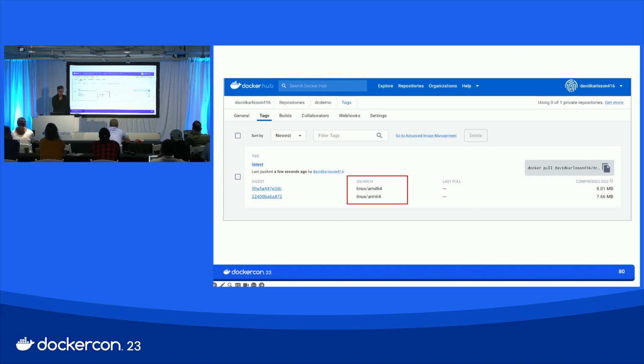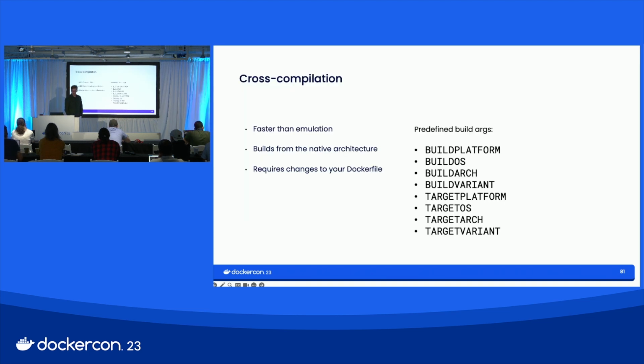So that's emulation. Now let's look at the much more exciting way to build multi-platform images with cross-compilation. This is way faster, because you're building from your native architecture, so you're not running any emulation, and then outputting all of the other different architectures you want to target. It does, however, require that you change your Dockerfile, because we need to take advantage of some of